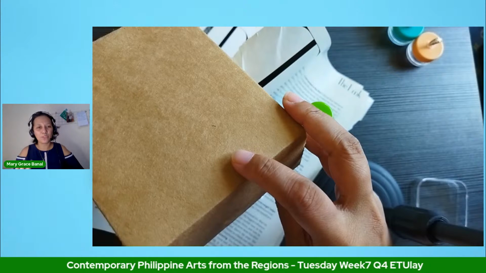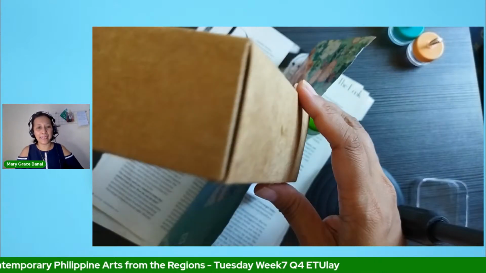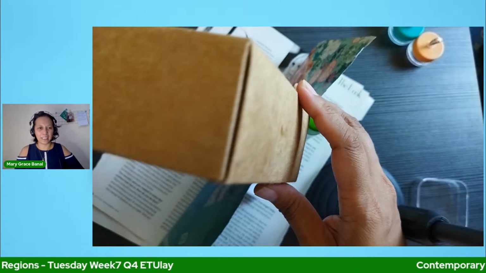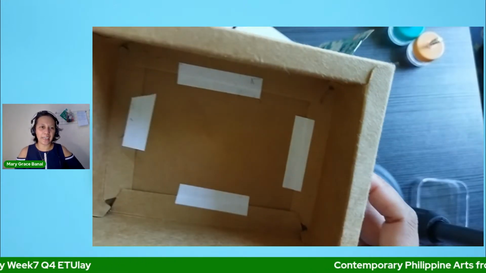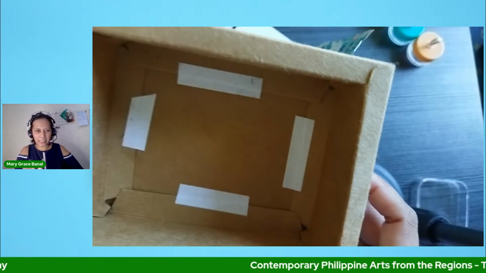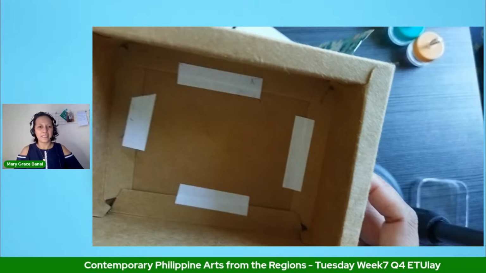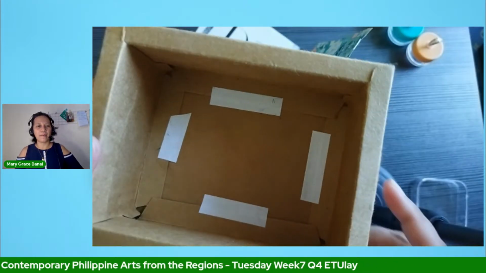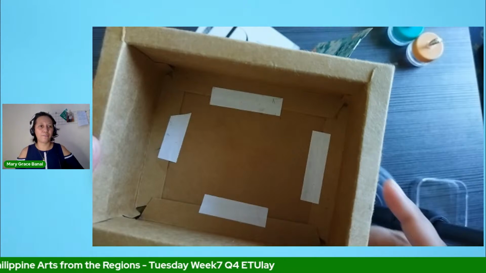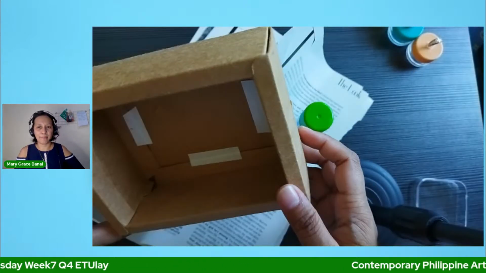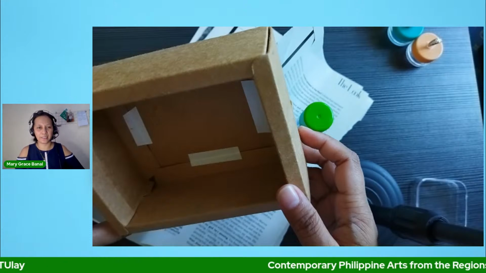Okay, so what I'm doing here is I'm actually planning. Okay, paano ko ilalagay yung mga text. Parang ayokang basta idikit na lang siya. So parang gusto ko medyo may konting naka-angle, nakatabingi, ganyan para may konting flair dun sa paglalagay ng ating mga papel para sa ating collage product. Okay?